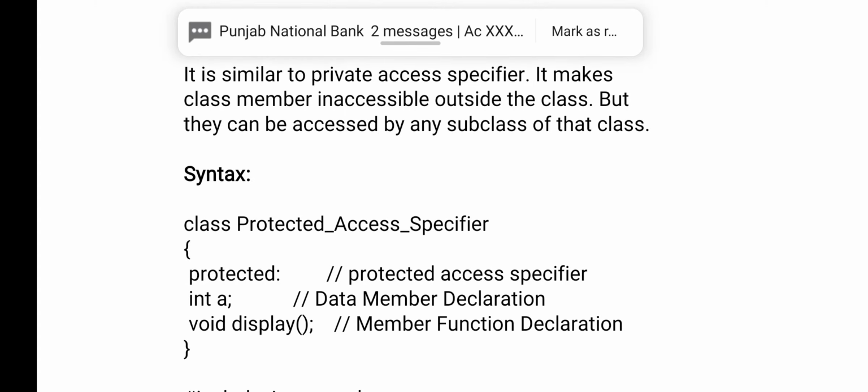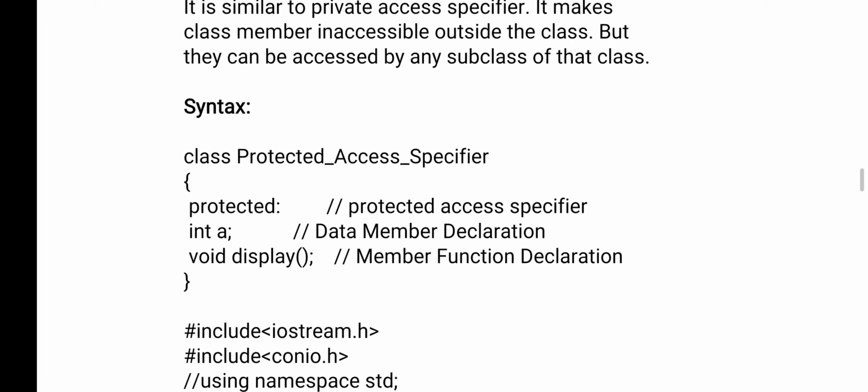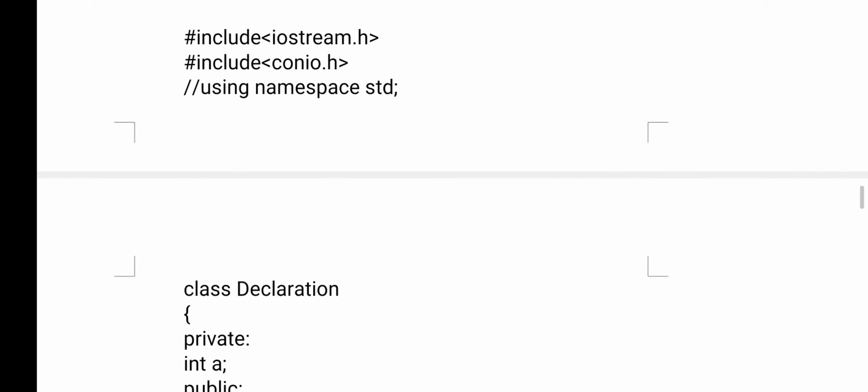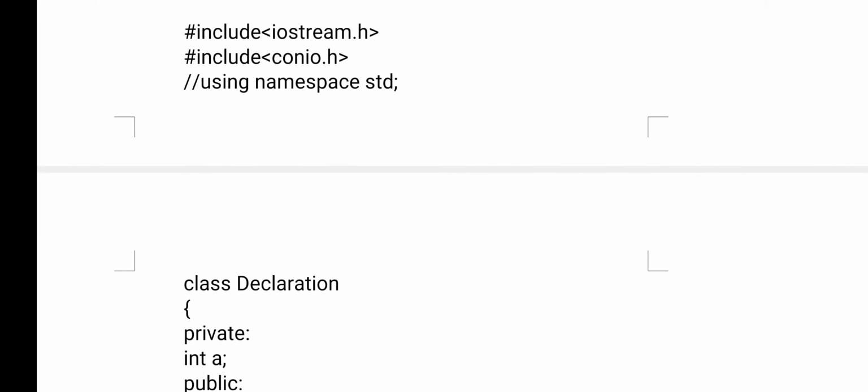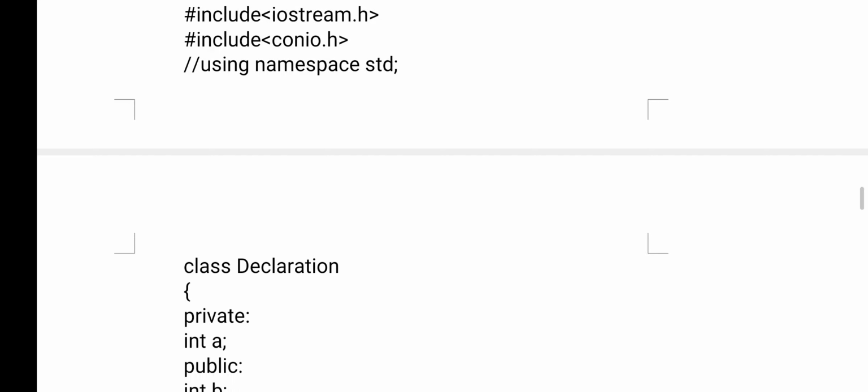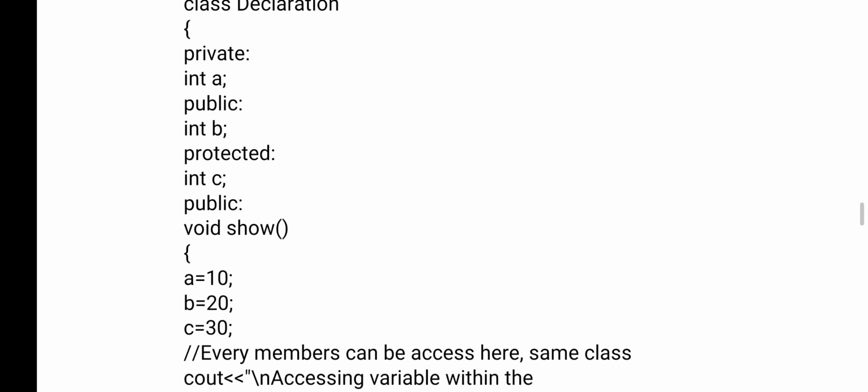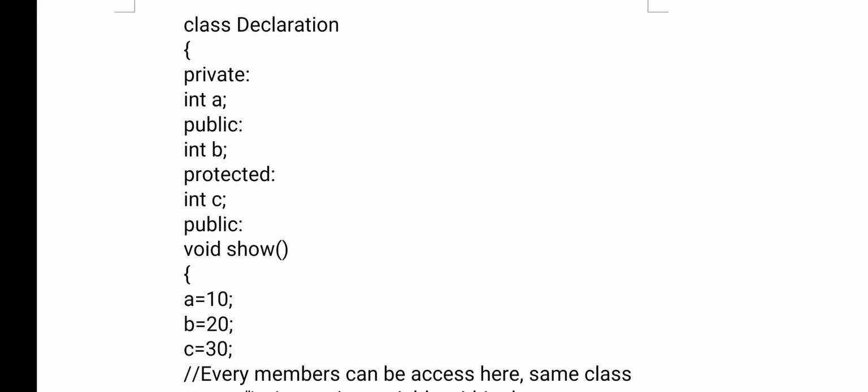Okay, understood? Now here I have given an example program, you see. iostream and conio.h, two preprocessor commands I have included. Next, the class declaration I have given. Now in the class declaration, how many access specifiers have I given? Private, public, protected.